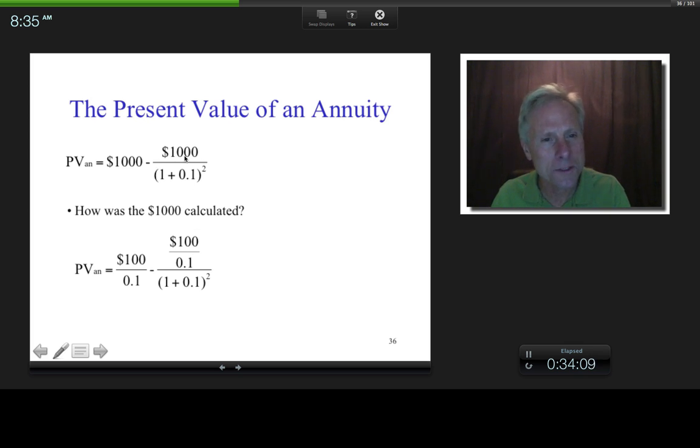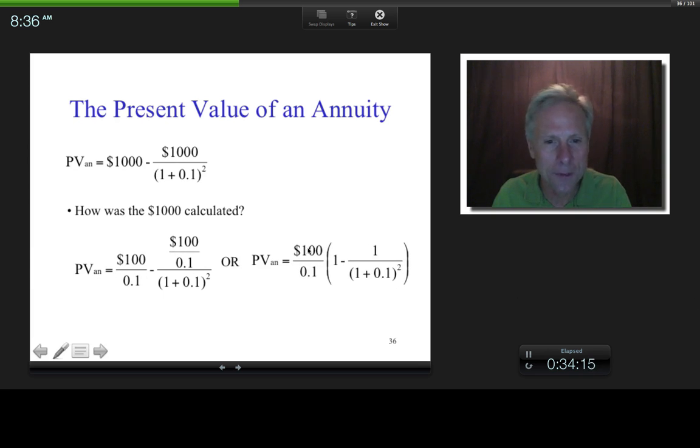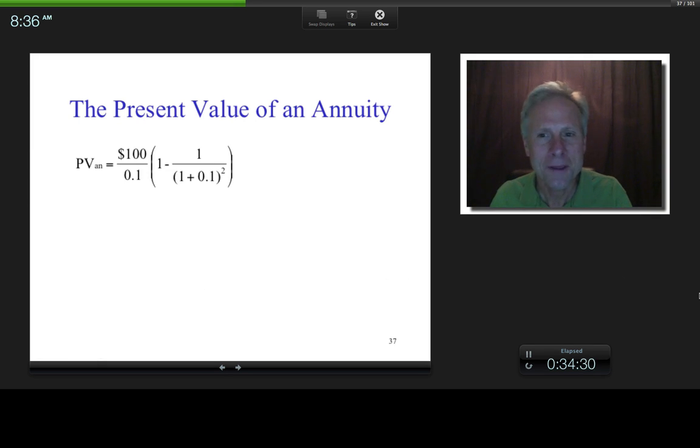And if I wanted to, could I factor out this guy? I could. You don't have to do that, but if you wanted to clean it up a little bit, you could put the 100 over 0.1 there and multiply it by this 1, which is the same as this guy right here, minus this 100 over 0.1 multiplied by this 1 is the same as that guy right there. And so here we have the present value of an annuity formula. And if we add in notation,